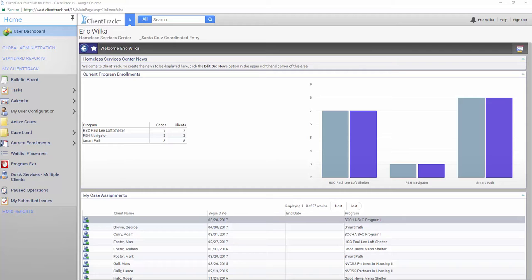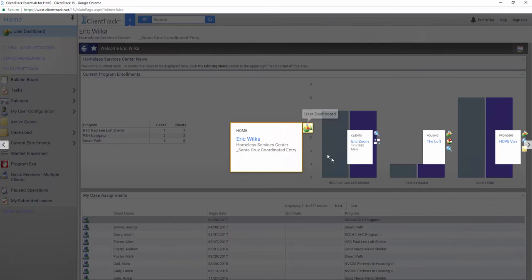So typically with coordinated entry, there are specific lists, assessments, and other pieces of functionality that make it a little bit easier to work with when it's separate. So what we would use maybe is a different work group. Here I have a coordinated entry specific work group set up specifically for these requirements. So if we're getting into the assessment,